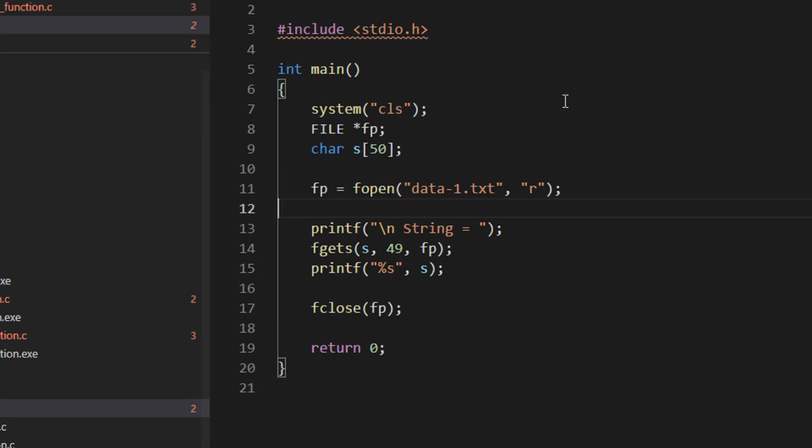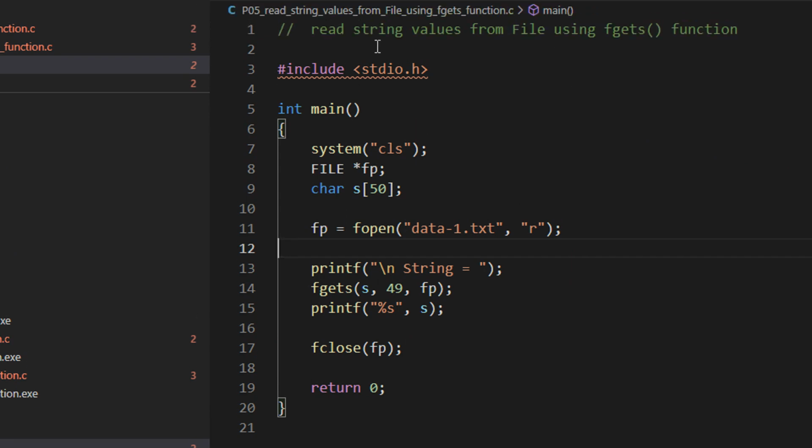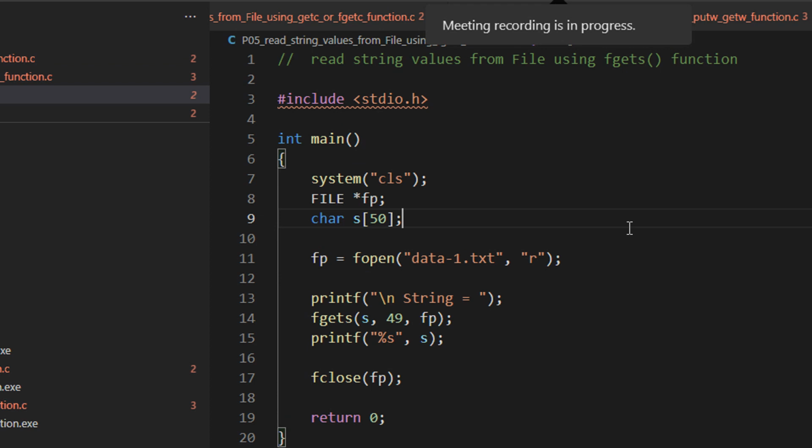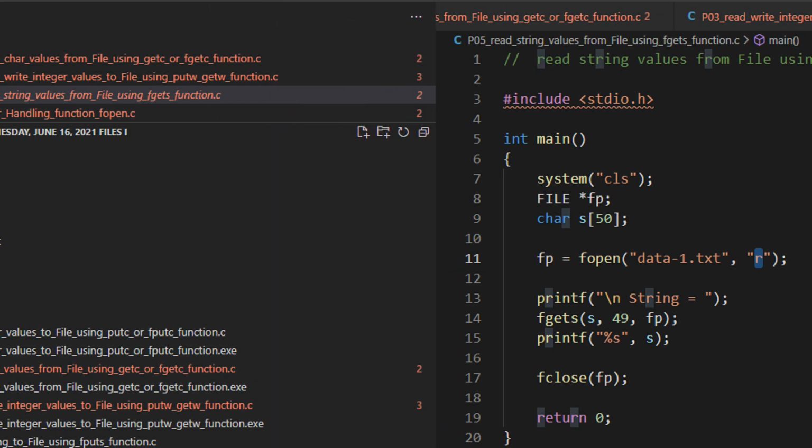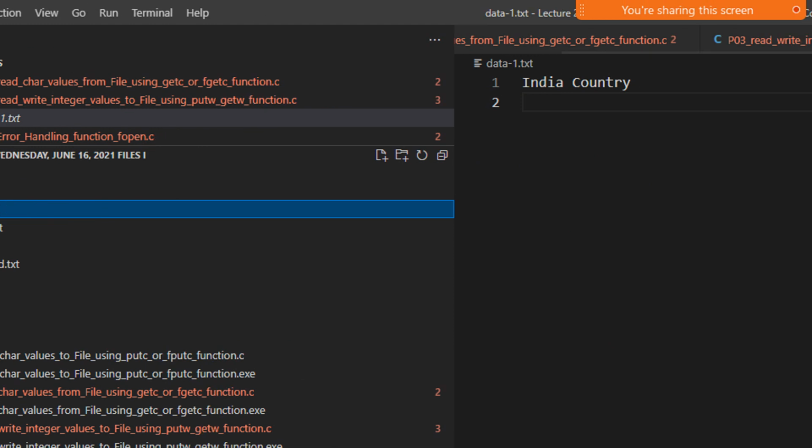Right? So remember, you wrote India country into the file in the previous program. Now, how do you read the string? For entering into the file, you had used fputs. Now for reading from a file, you are using fgets. See, using gets is only to take input from the standard input, which is the keyboard. When you are using fgets, that means I am getting content from a file. Getting content means I am reading the content from a file. So see what I'm doing here, I am opening this file in read mode. So let us see the content of the file. The content of the file is India country,